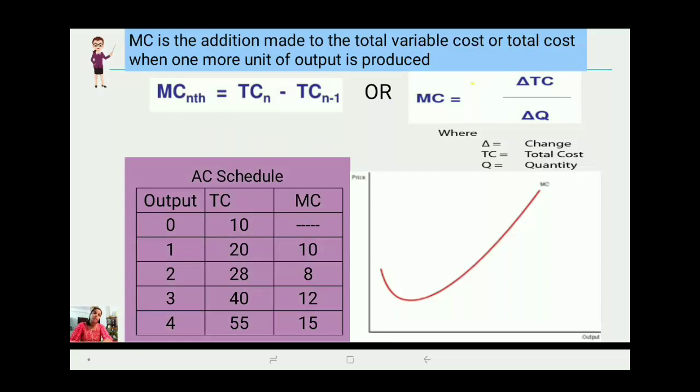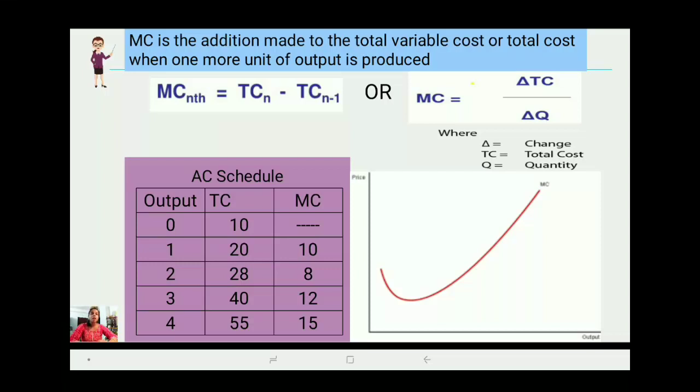Then we have another important cost concept, marginal cost. What is marginal cost? As we all know, the term marginal in economics always means addition. So marginal cost is nothing but the addition made to the total variable cost or total cost. Since it is the short term, fixed cost remains the same. So additional cost is always added to the variable cost, and that is why in the short term marginal cost is the addition made to the total variable cost, or we can say total cost also. If it is total variable cost, it is not wrong, because total variable cost only increases.